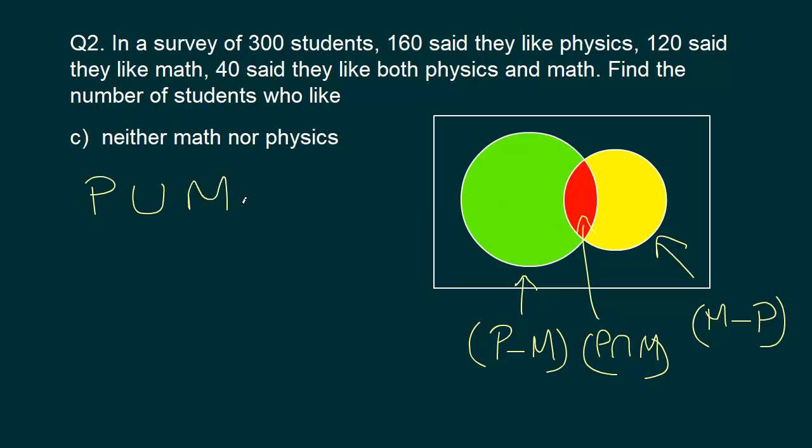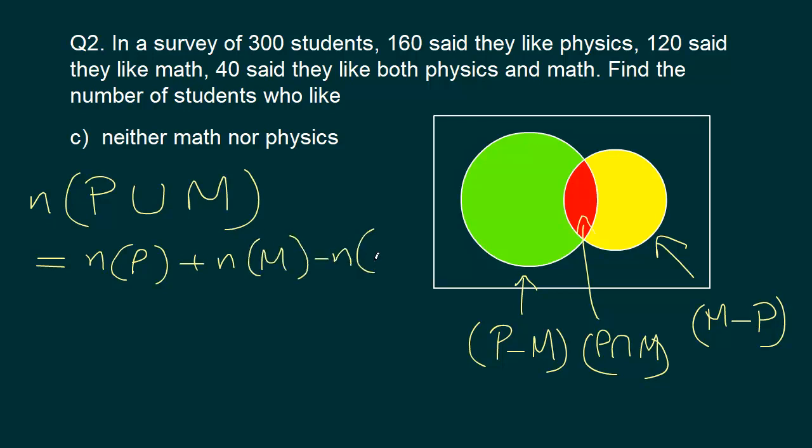Now what does this mean? When we say union of two sets, we have seen this before when we learned union. Union of two sets means it will be a set that contains all elements that belong to P and all elements that belong to M, right? So let's find out this. So this will tell us students who like physics or who like math, meaning who like at least one of the two. And we know the formula, so this formula is simply the number of students who like physics plus the number of students who like math minus the number of students who like both,